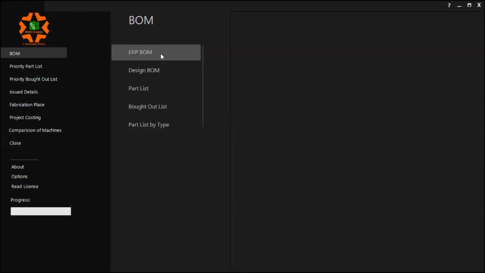The first option you can see is the ERP BOM. Here we give you a BOM which can be readily uploaded to your SAP or ERP system. How do we do that? We understand the database of your ERP system, the tables wherein we need to make the entry of our items, and the details we have to enter in the ERP system.